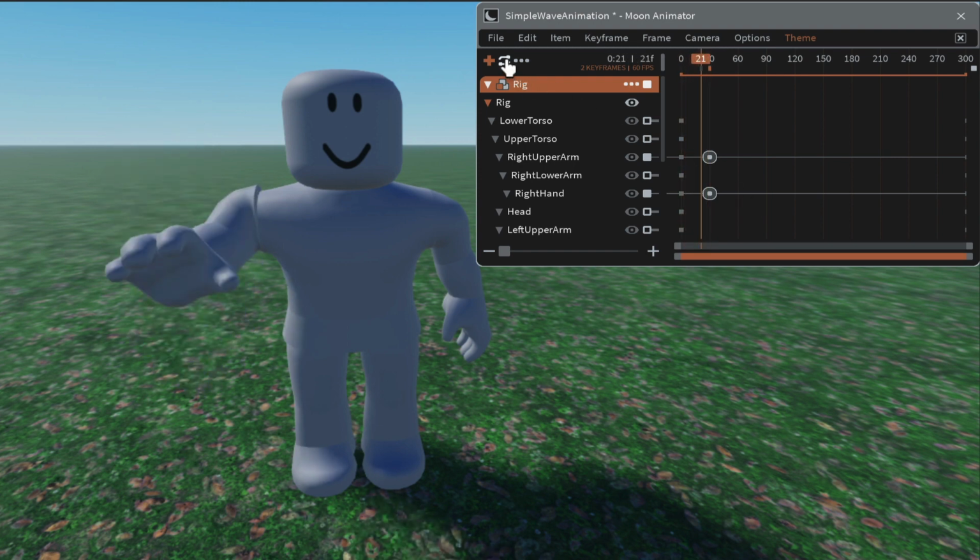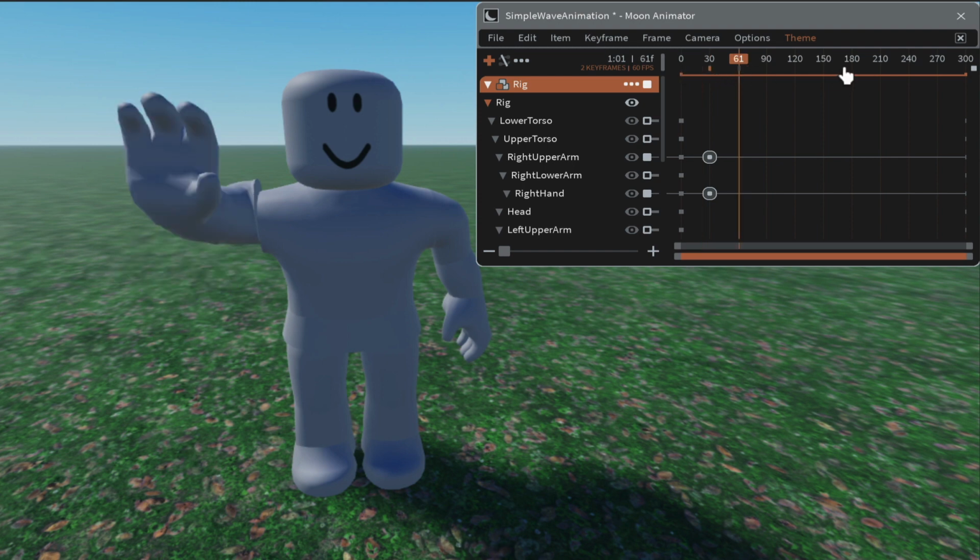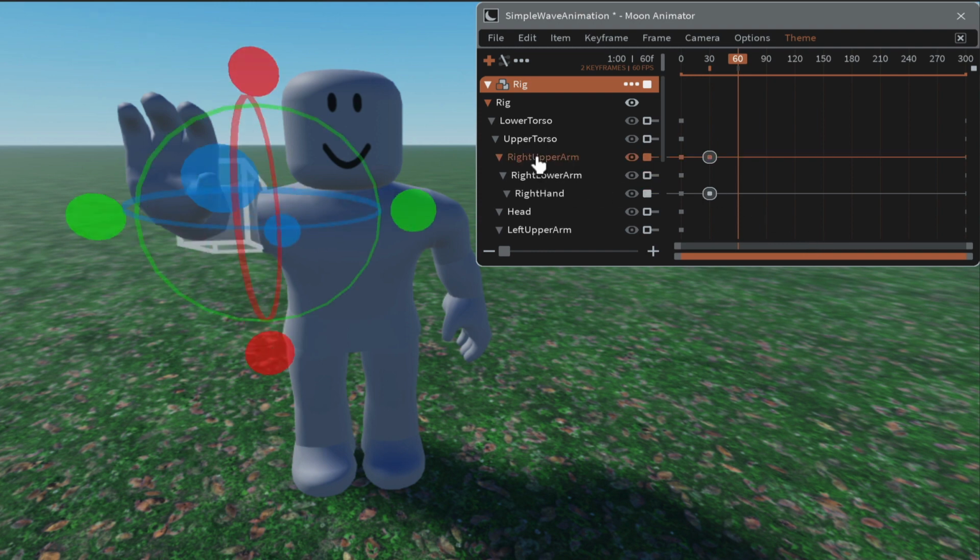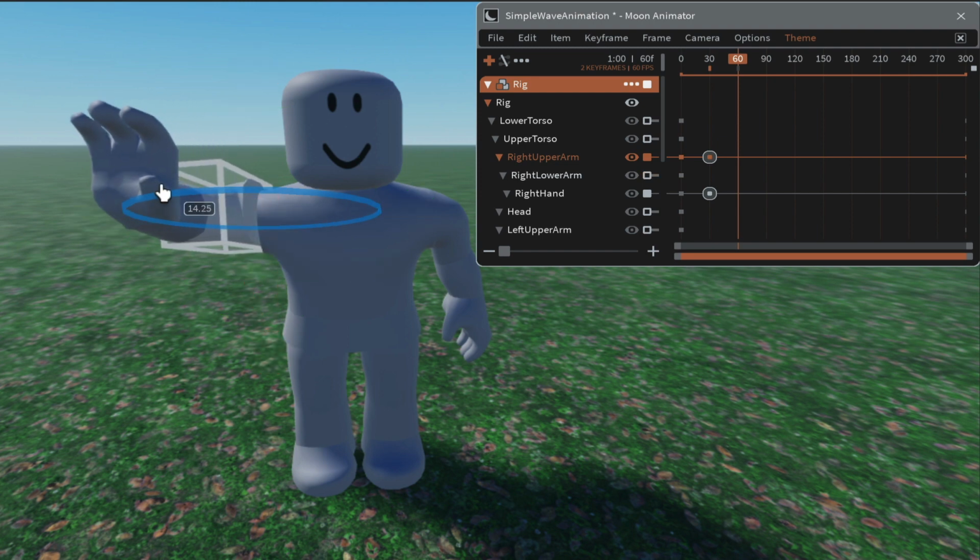Okay, so once you've had a little bit of a play with that, we can come over to the 60 now. So move your scrubber over to the 60, and I'll just move mine so that it's sitting just on top of 60 like that. And now we're going to move his right upper arm again. So we'll click on that, and we're going to move it over to the right a little bit,